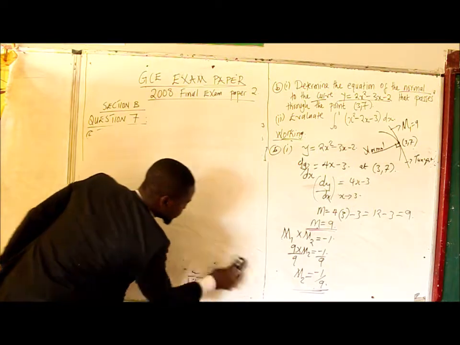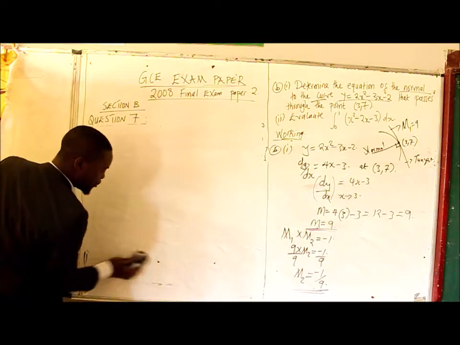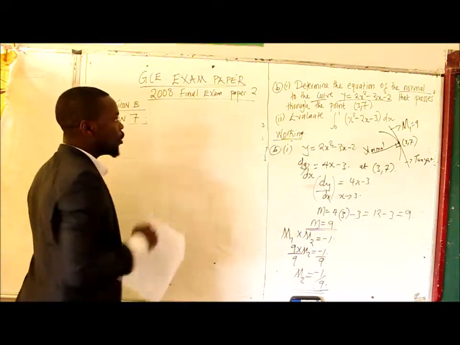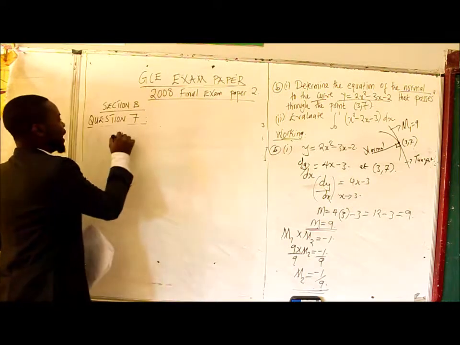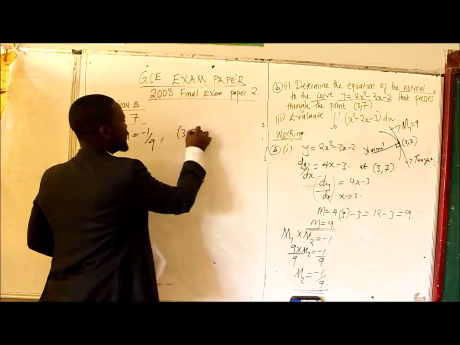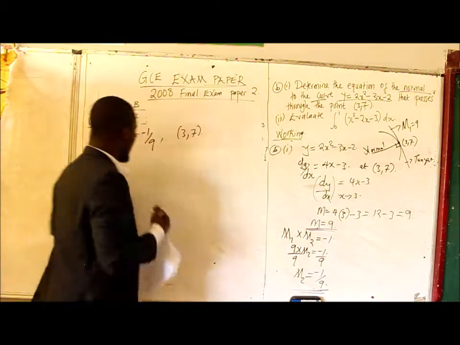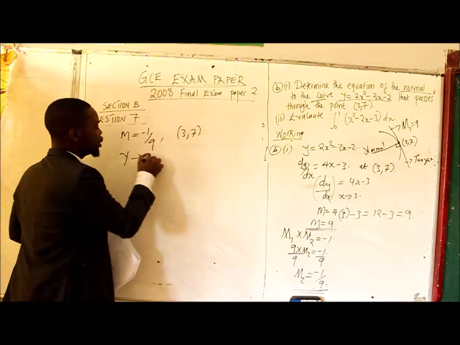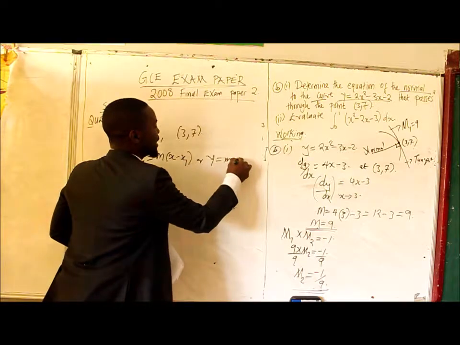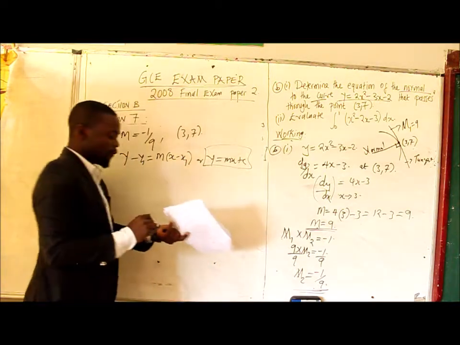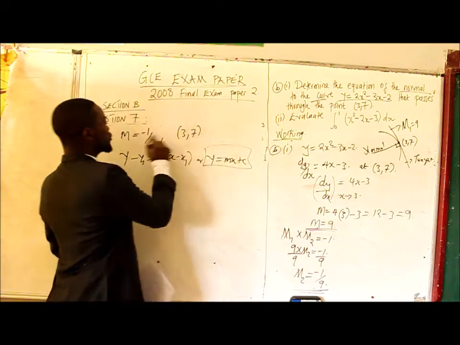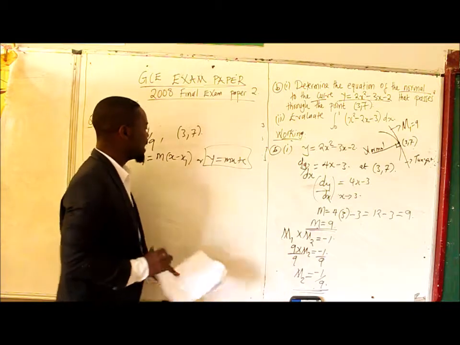Okay, so it is very important for you to master the concepts on how you can calculate these simple equations. So we have got a gradient of -1/9, and the point is (3,7). For us to find the equation, we use the formula y minus y1 is equal to gradient times (x minus x1), or y is equal to mx plus c, the y-intercept formula. For me, I'm going to use this one. Make sure that you try this formula using this component and check if the answer will be the same.